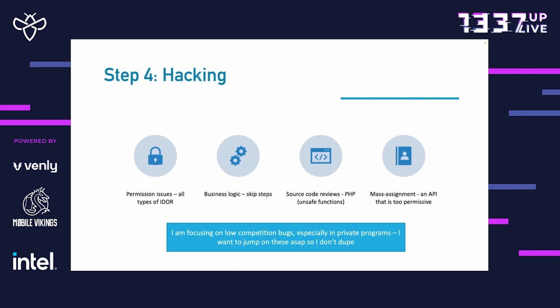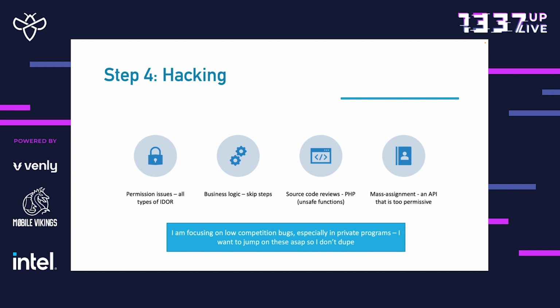So these are the 4 main bugs that I look for. And these are my most recent bugs as well. So my first one is permission issues. All types of IDORs, unauthenticated, authenticated, permission hierarchies. I've done so much content on IDORs, but they're really good vulnerabilities, especially if you're not that technical, or you're like me and prefer the business logic side of hacking rather than the more technical side of seeing how JavaScript renders different potential